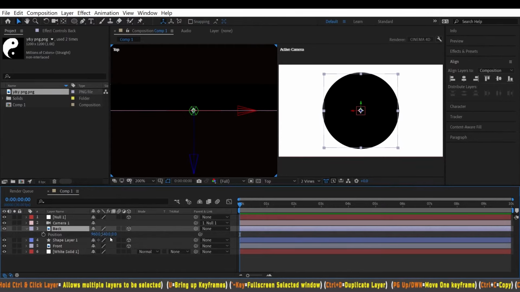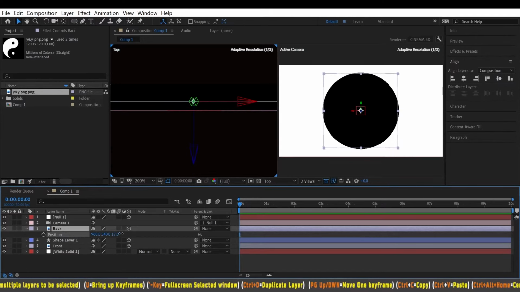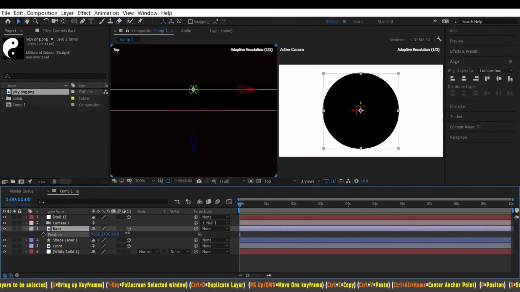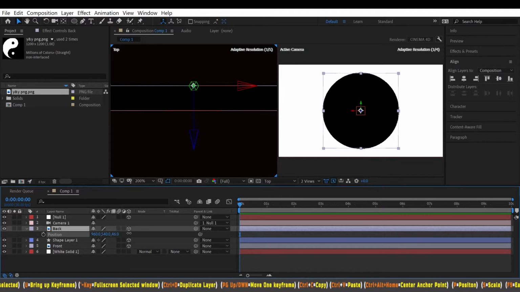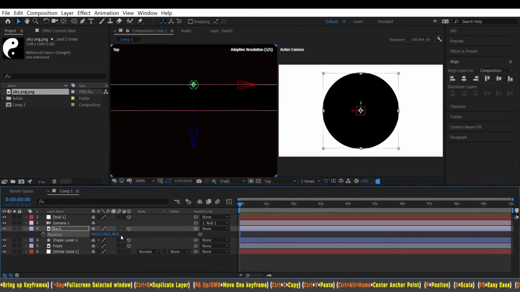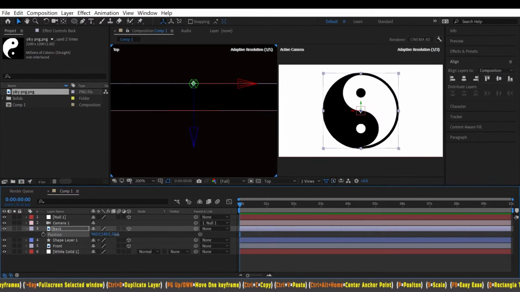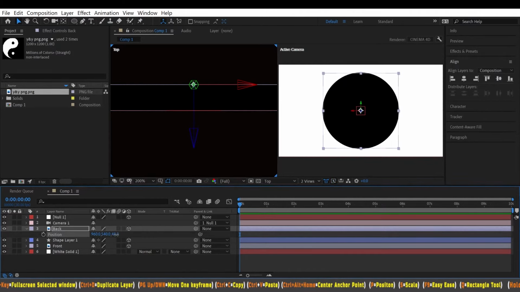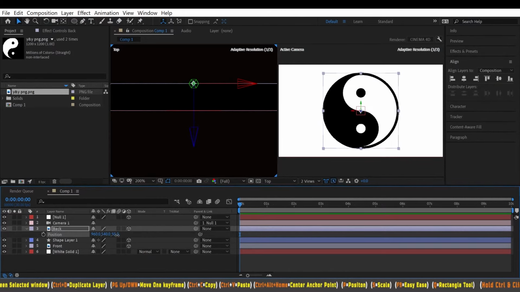It's gonna be our Z position, so this very last one, and there we go. That's perfect. So 50. Okay, so let's see how it looks.